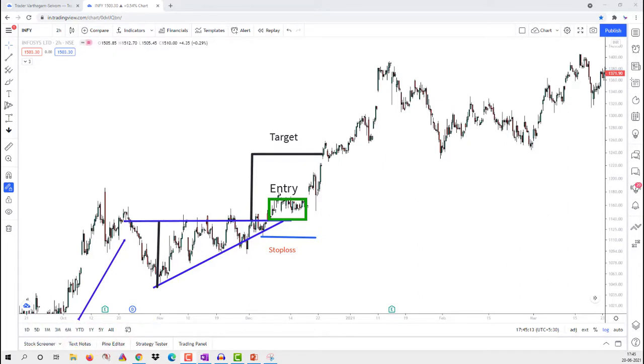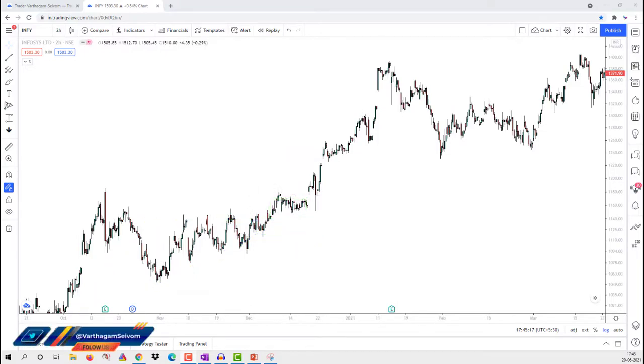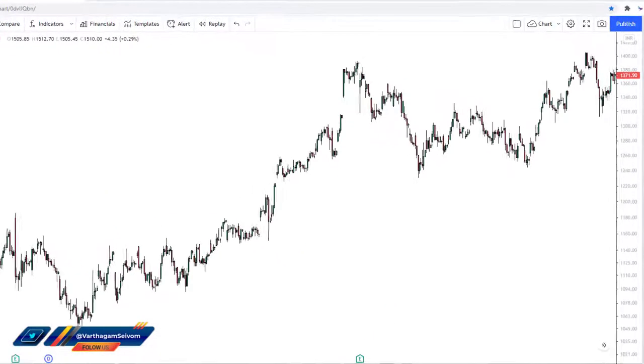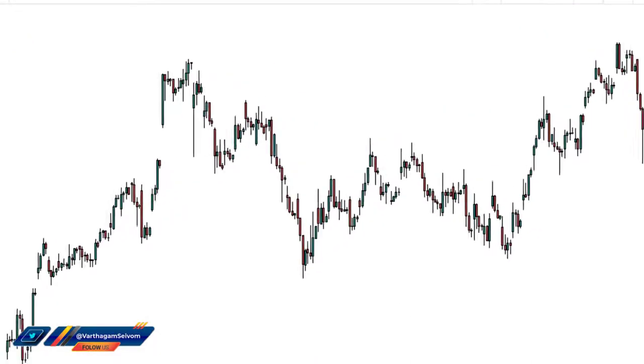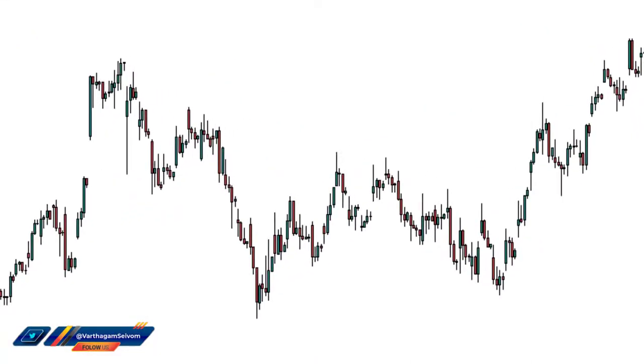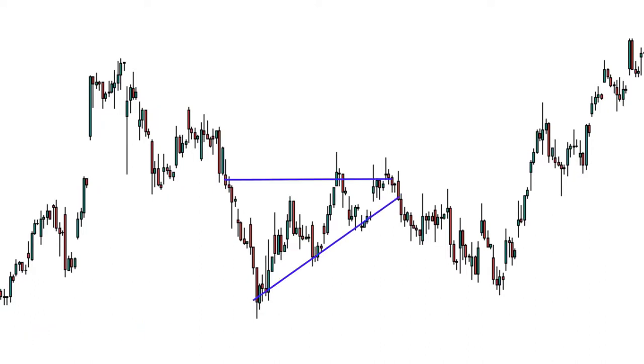Next we will see the example for the bearish variant within this same chart. Here we are going to draw the ascending triangle pattern for the bearish variant. To draw the triangle pattern, we have to draw two trend lines. The first trend line is static resistance, and the second trend line is dynamic support. The first condition of this pattern is that the beginning of the pattern should form in a downtrend only.